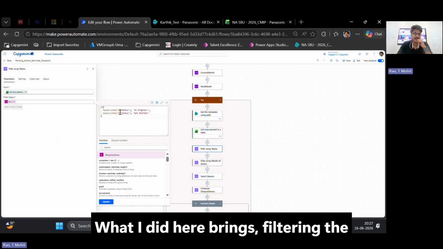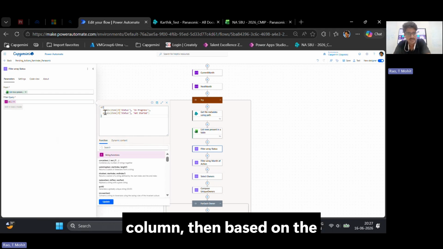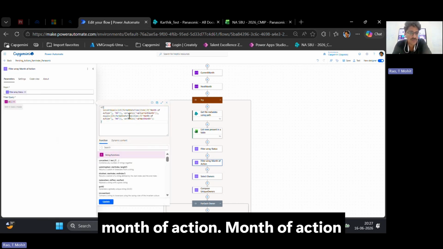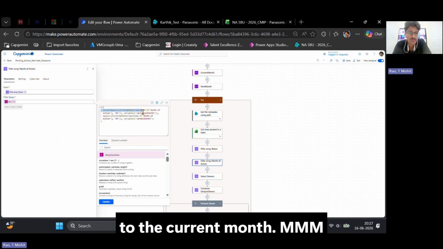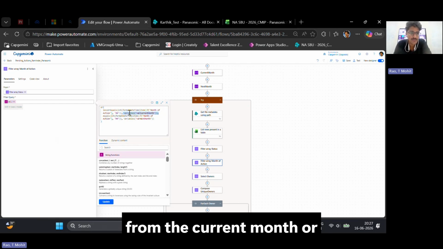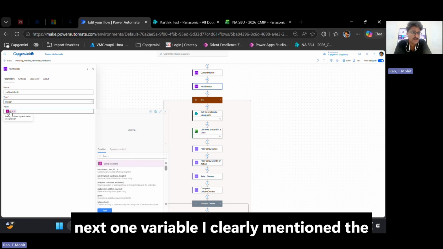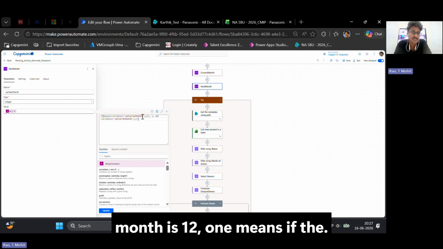What I did here means filtering the rows first based on the status column, then based on the month of action. Month of action means if it is less than or equal to the current month. The mm format is used to find that month from the current month, or it is equal to the next month. So in the next variable, I have clearly mentioned the if condition, like if the current month is 12, comma 1, means